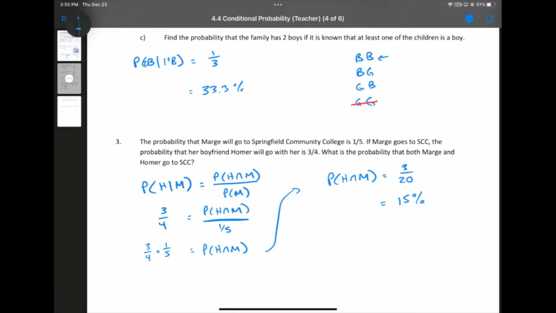Now, if you're someone who saw the brute force logic in that one and you want to go with the brute force logic, by all means, feel free to. If you're somebody who's having a hard time seeing it, remember you can rely on the equation. I find that, I don't know, in 3/4 or 80% of situations, I find brute force to be the easier way to approach these. And in 20 or 25% of situations, I find it easier to go with the equation. Whatever you find easier, you do. You do you, baby.